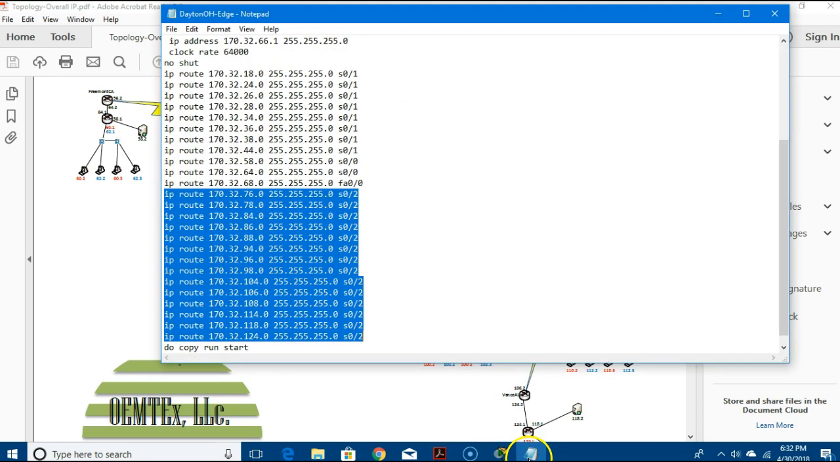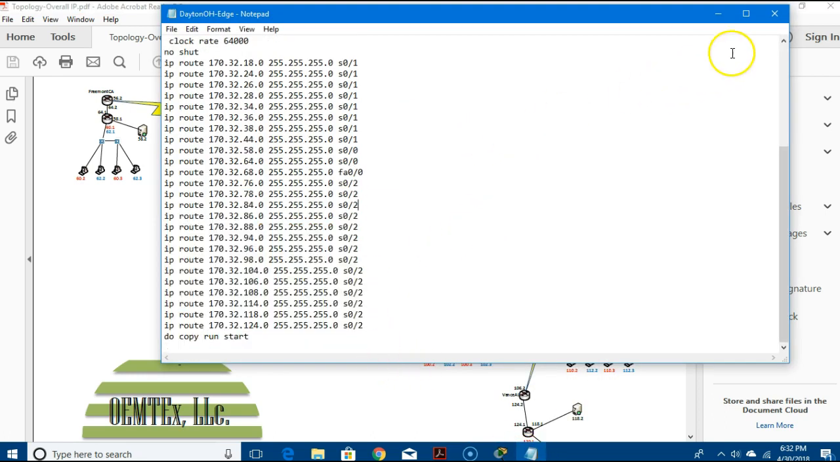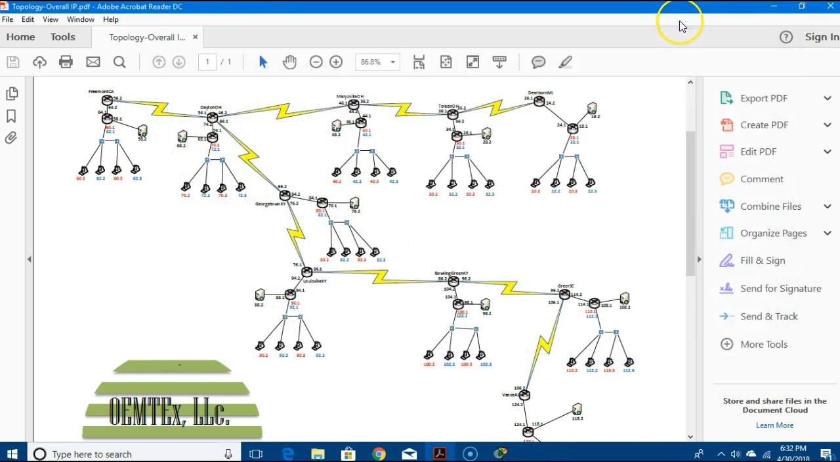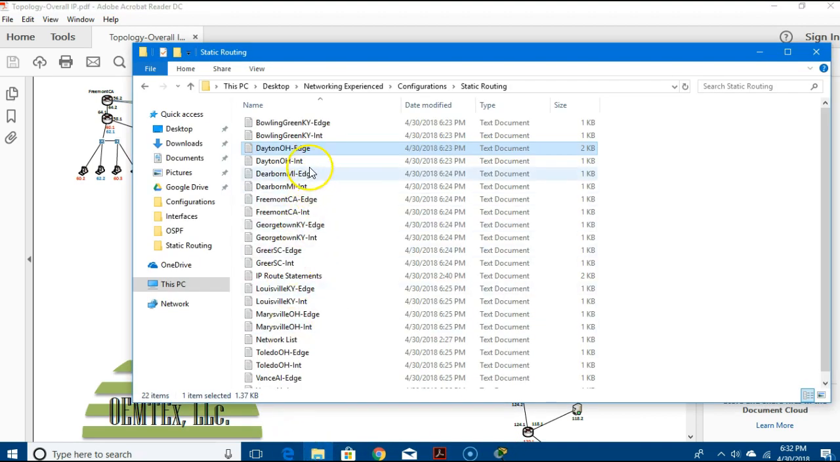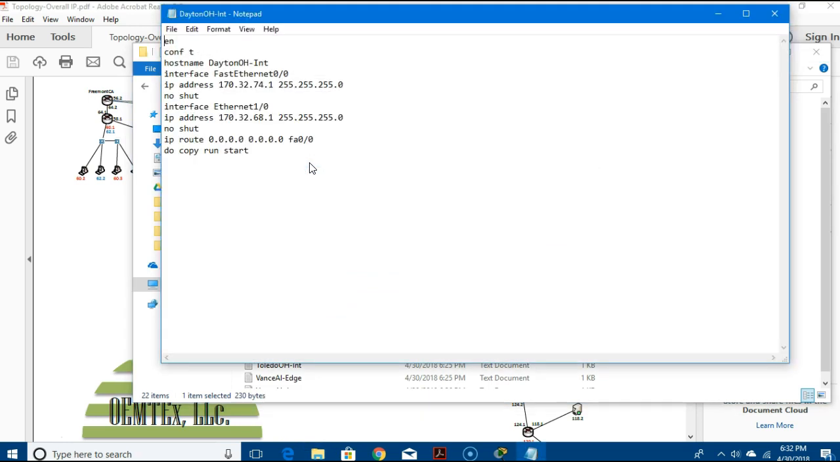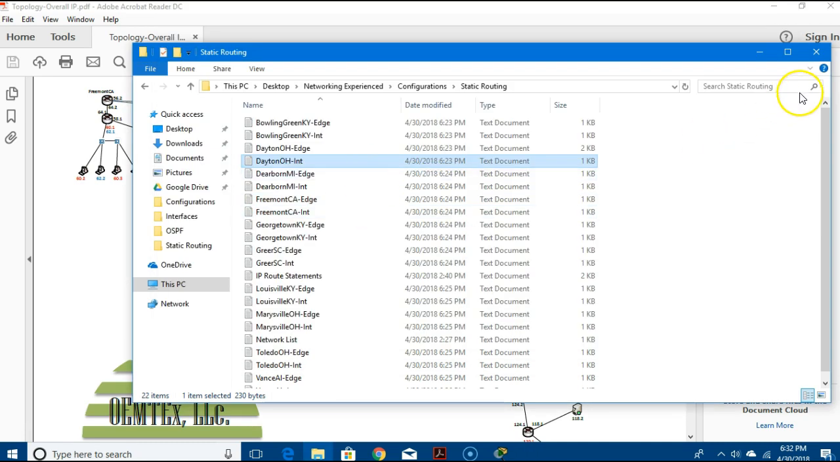So that's this particular Dayton router. And so I'm going to close that. I'm going to show you a different router here. Well, let's just show you, for instance, the Dayton internal router. Now, this is really, really simple. And so if you look at our topology here,